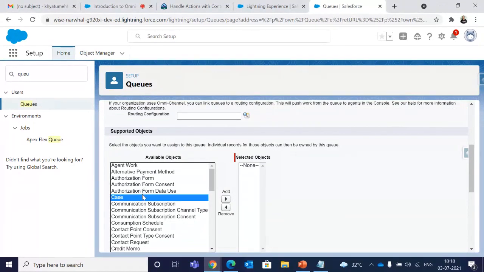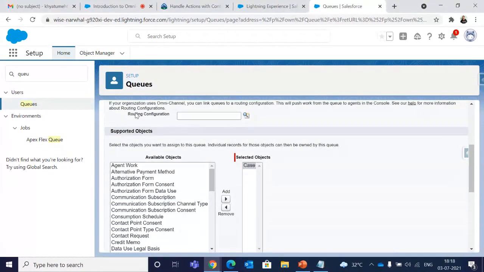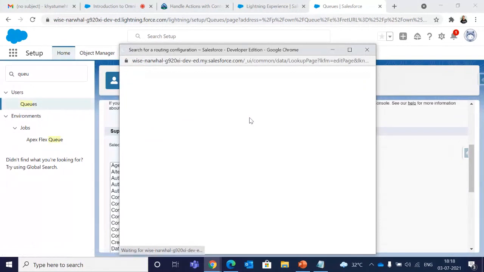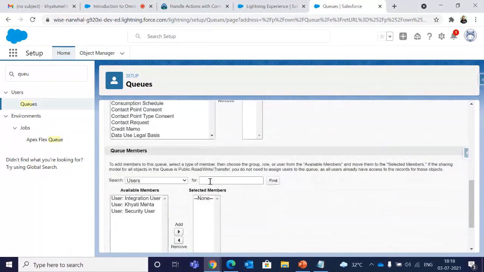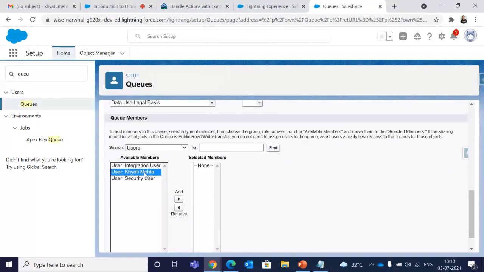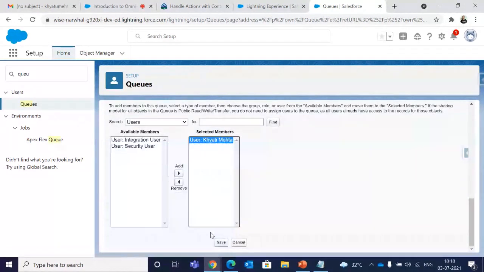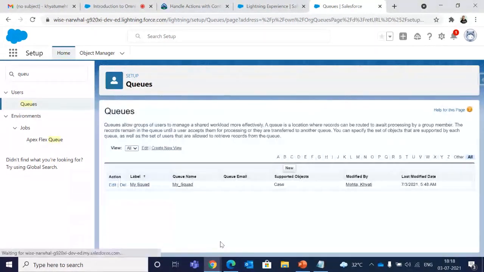As I have given the case object in the service channel, I'll select the case object and also select the routing configuration that we created in the third step. You can see that we created this one, case queue config. And just for the demo purpose, I'm giving myself as the agent over here. And I'll just click on save. So we have created a queue. The queue has an agent, that is me for now. So we are almost done with everything.